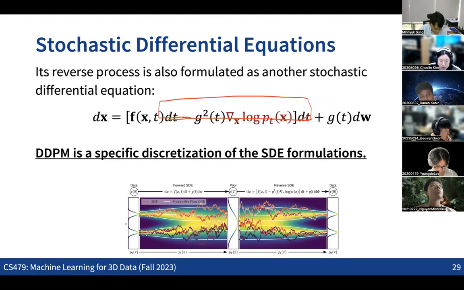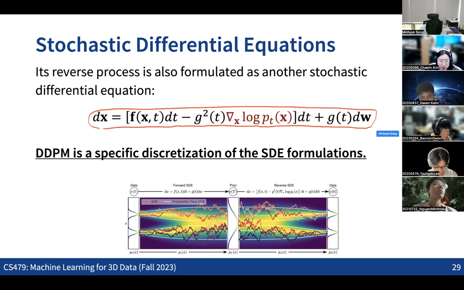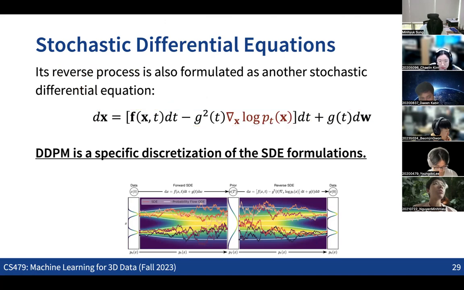You can also see that once we have this forward process, the other way around, running the annealed Langevin dynamics, is also represented as a stochastic differential equation. Another detail is that the DDPM model that we have seen is a discretization of this specific SDE formulation. So in this way, these score-based models and the diffusion model that we have seen are exactly the same thing, with some minor details in the formulation.